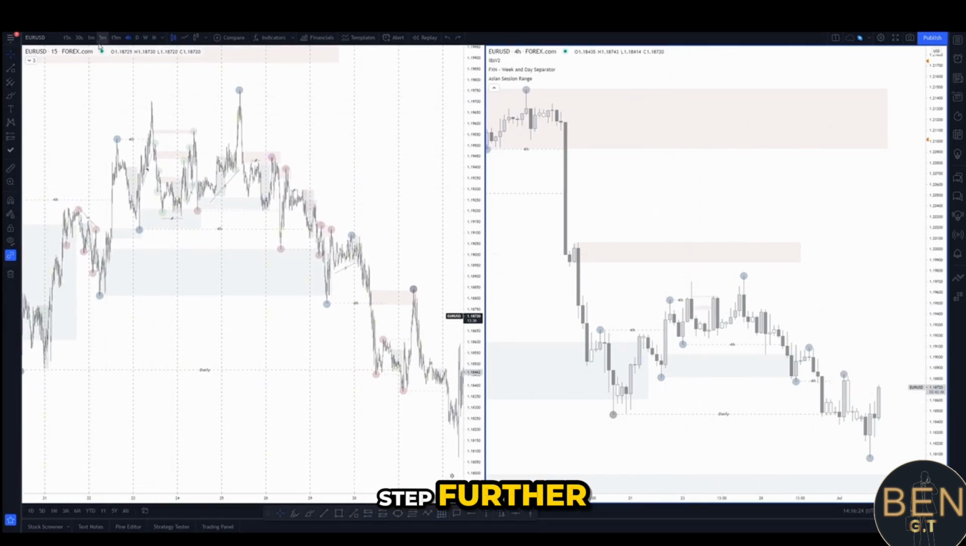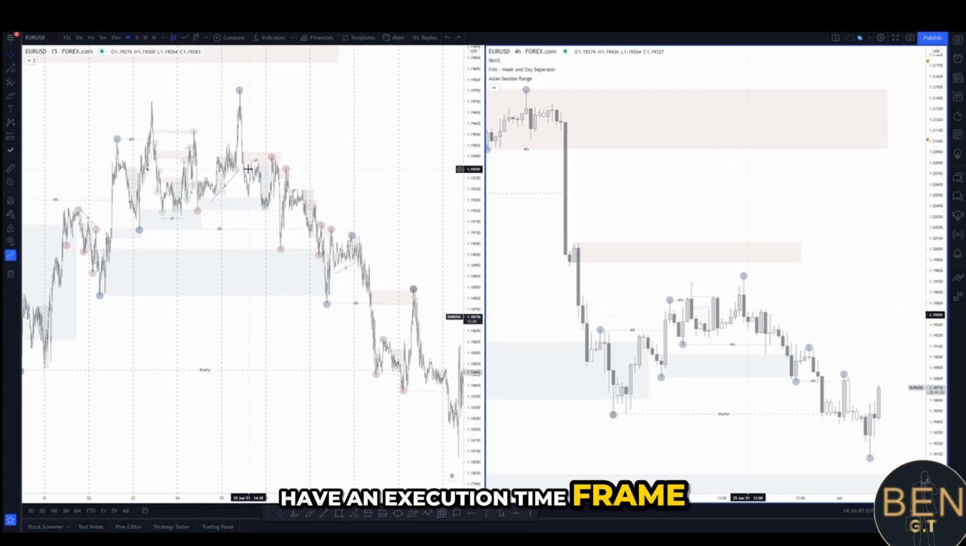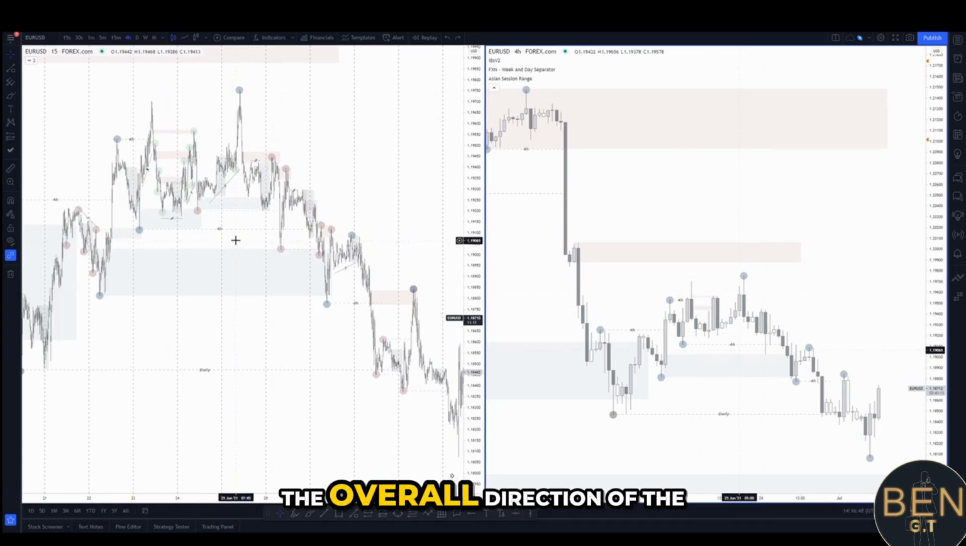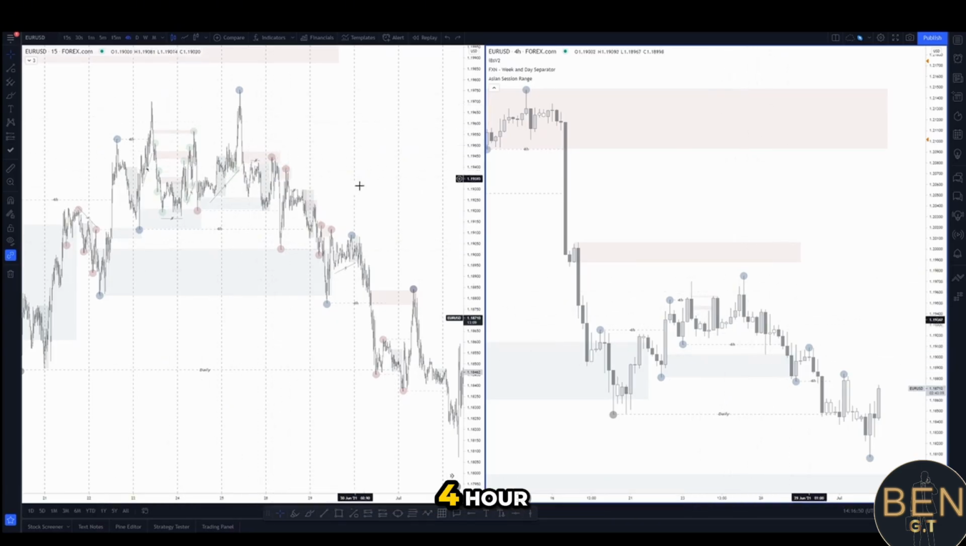We can take that a step further and begin looking at 1-minute market structure, but that's a little bit more advanced. And personally, that's what I use for entries as opposed to looking for pure market structure. It's best to have, say, a 4-hour and a 15-minute time frame for your market structure, and then have an execution time frame that you're using for actual entries when you hit the particular points of interest, supply or demand zones that you're trading within the overall direction of the 4-hour, 15-minute,